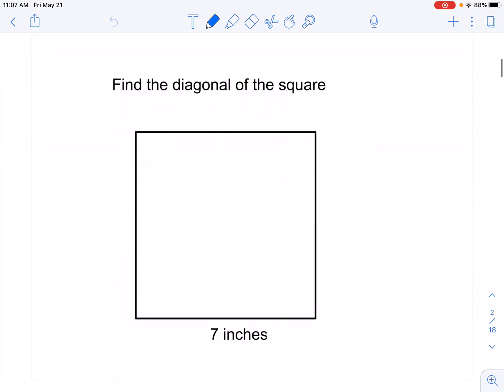Consider this square. It says find the diagonal of the square. I'm going to draw in the diagonal. We know that squares have all equal sides, so if one side is 7, they're all 7. We also know that squares have 90-degree angles. So if I draw my diagonal, then this angle here is 45 degrees, and this angle here is 45 degrees,